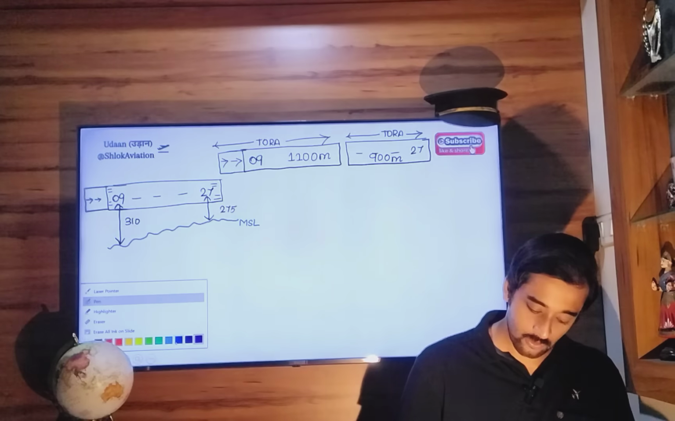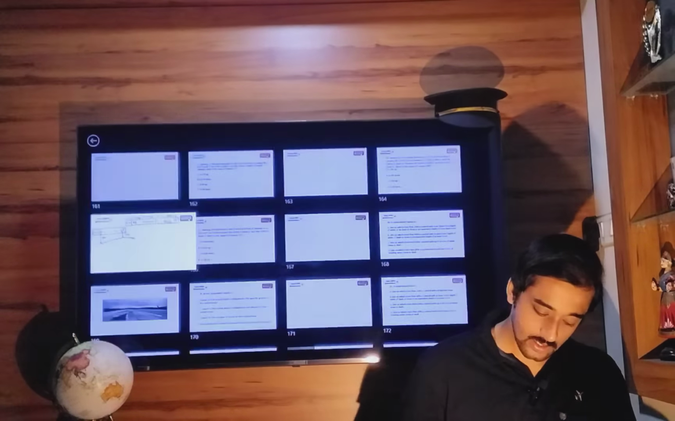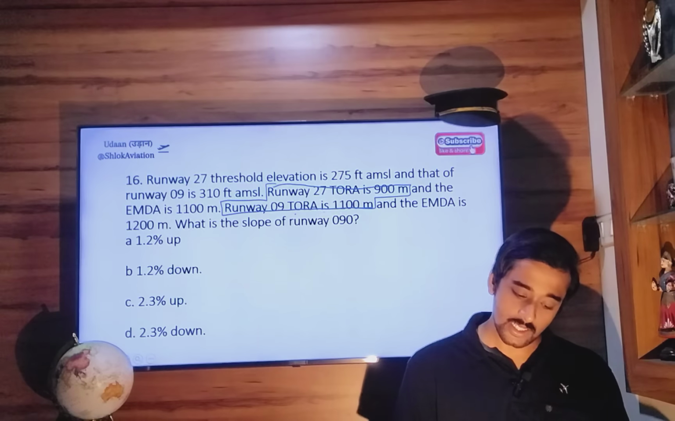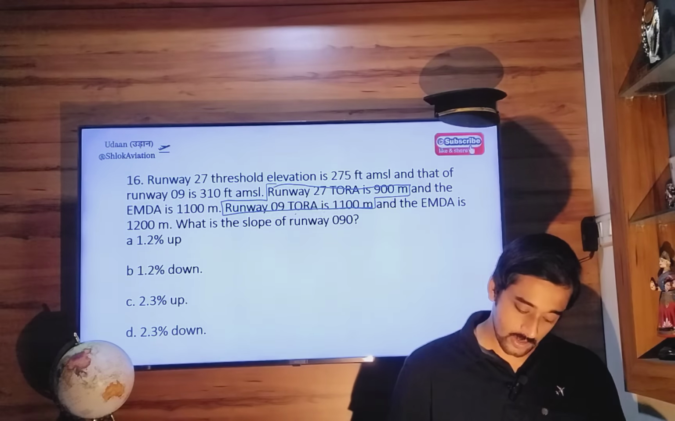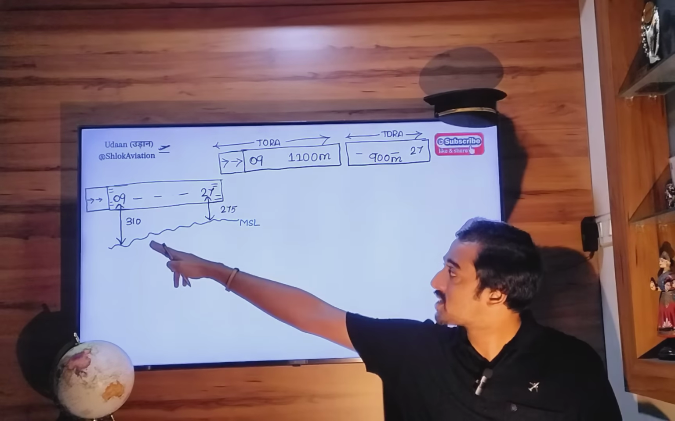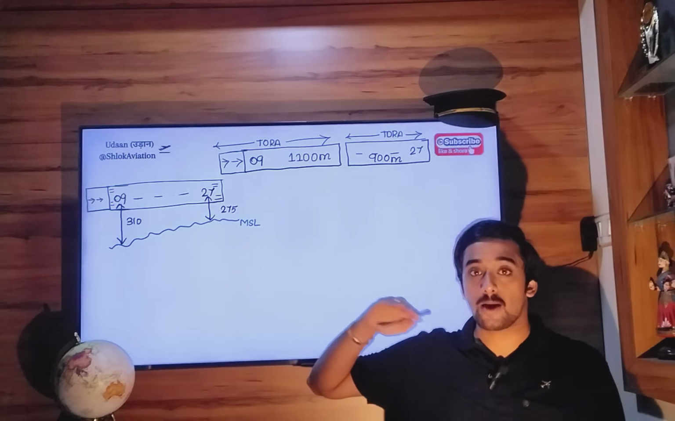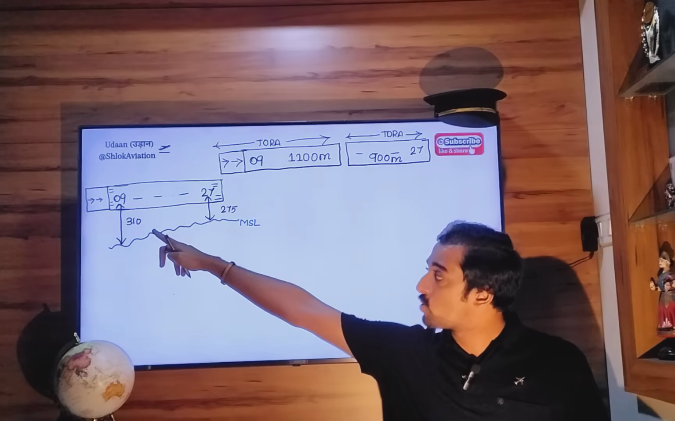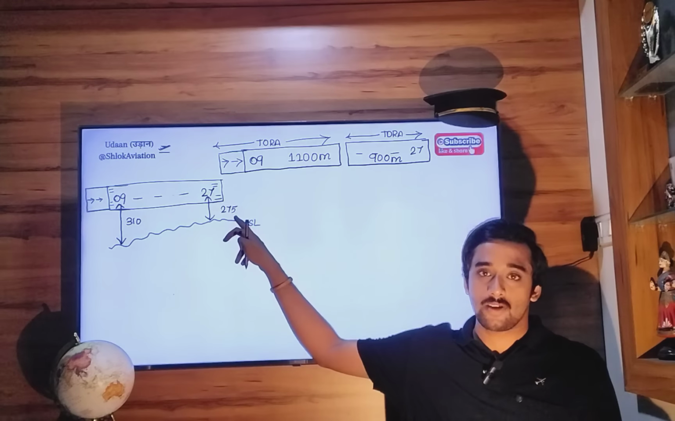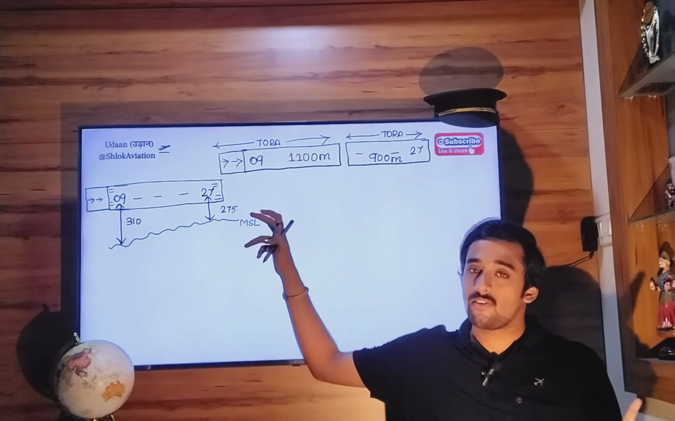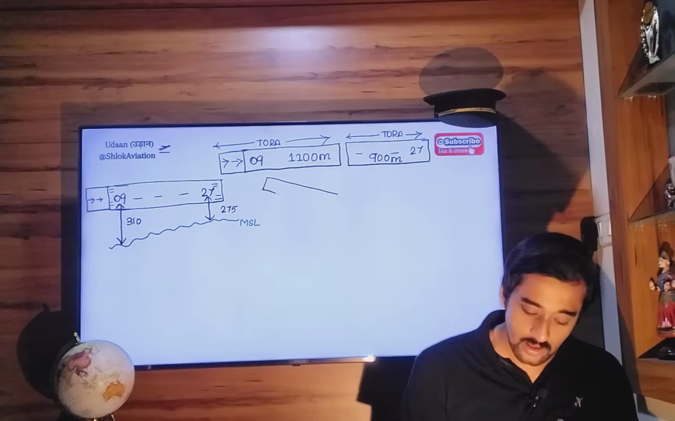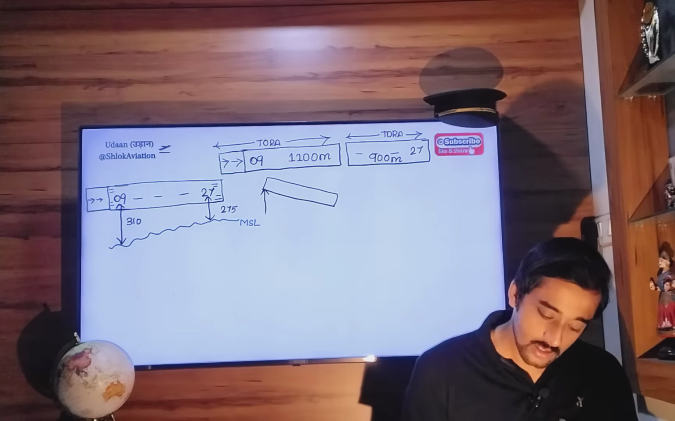So now the formula. We are taking off from, so what is the slope of runway 09? That means we are taking off from runway 09. When we take off from runway 09, we will be experiencing an upslope. Okay, because runway 09 is 310 feet and runway 27 is only 275 feet. Correction, we will be experiencing a downslope. So runway 09 is higher than runway